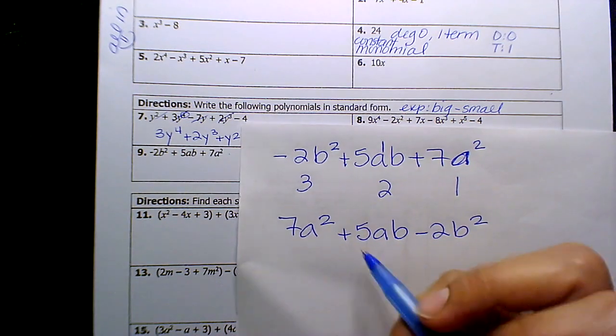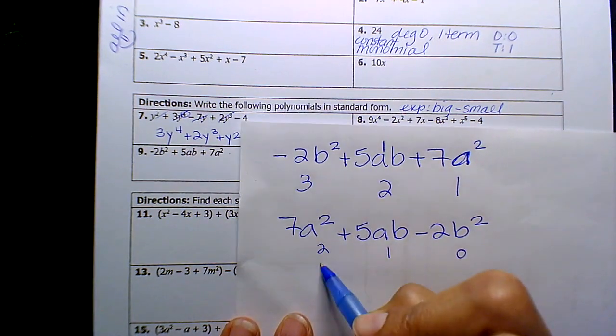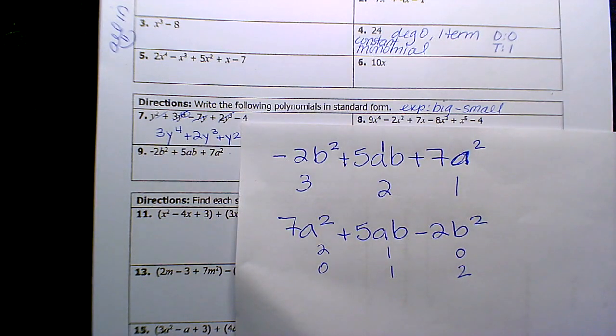And so if you look, your A is 2, 1, 0. But look what's happening to my B. No B, 1 B, 2 B's. So in IM2, second semester, so next year, like 18 months from now, you guys will cover the binomial theorem or Pascal's triangle. That's when that comes up. So that's why we don't dock you guys for standard form. When you do see it, it's because we're going to have you guys adding like terms. It's not on the sheet though. Okay. So anyways, that's what,